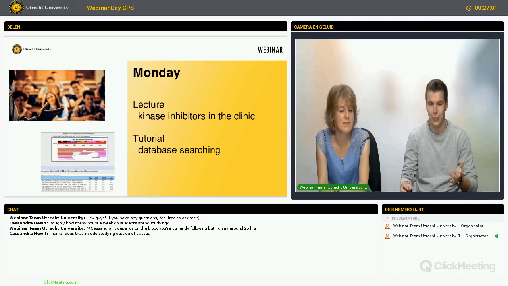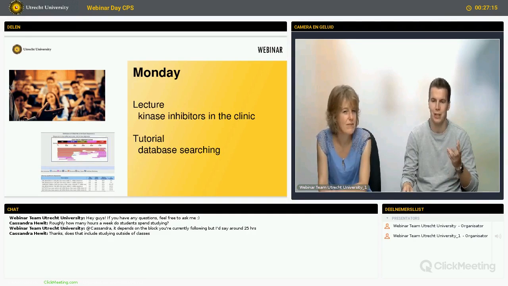Looking on a one week basis, the Monday usually starts off with a lecture. This is your theory part, and this one is kinase inhibitors. So we're looking at how we apply them in the clinic, how they are given to patients. This would be given by an expert in the field usually, a clinician who works in drug administration. So they'll talk about their experience and what they would do in that situation. So it's invaluable. Yeah, you can't put a price on that expertise.